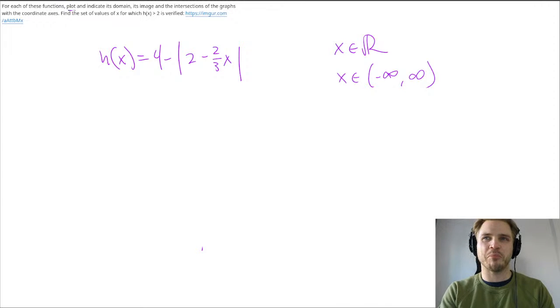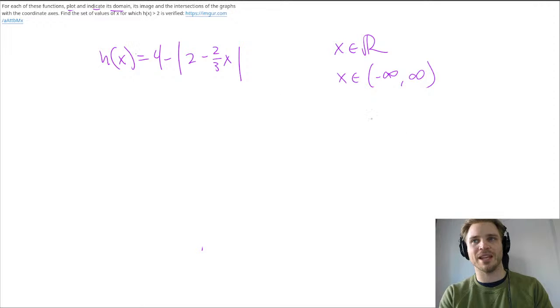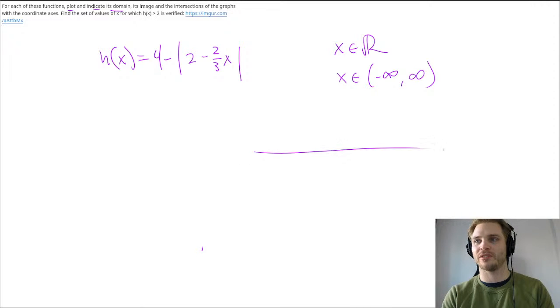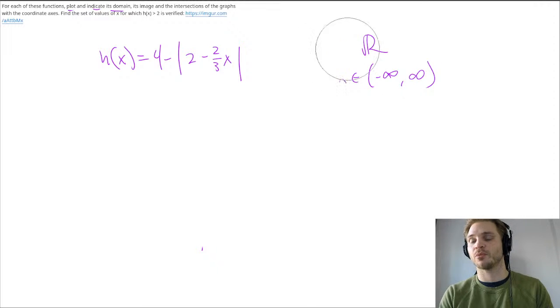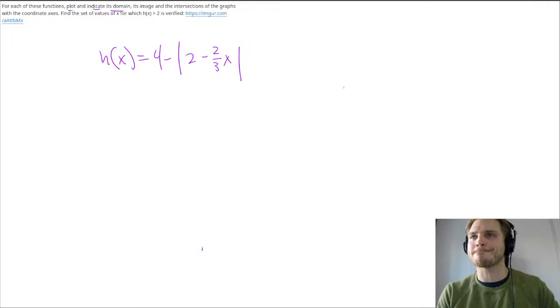They say plot and indicate its domain. I don't know if they meant plot the domain. I think that's kind of a weird thing to do. I think they actually meant plot the function. If they wanted you to plot the domain, you'd go like this. I don't know why you would plot the domain like that. So probably they want this type of answer here. What's the domain? And then plot the function, its image, and the intersection of graphs with the